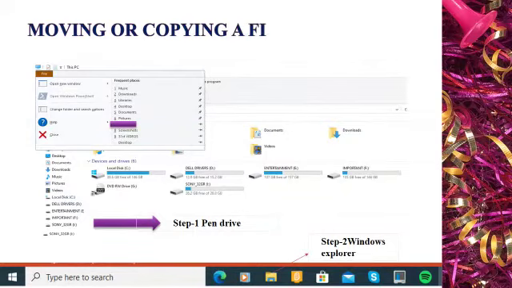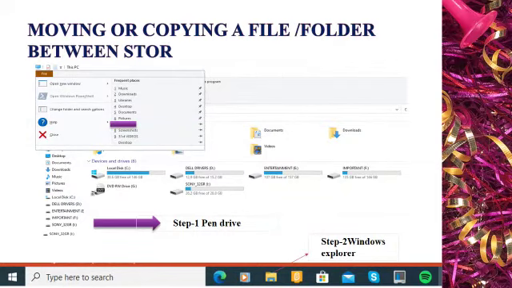Moving or copying a file or folder between storage devices. Step 1. You should insert a pen drive into your computer, children. As you can see in the image, when you insert your pen drive into your system, you can see the image on the screen.